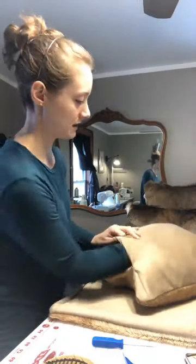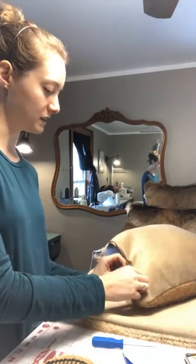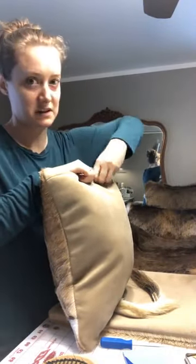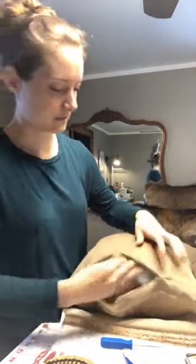and then also it's a little bit easier once the customer gets the pillow. Once you use it for a while, it compresses a little bit, and if you want to add more stuffing, it's really easy to just open the zipper and add more stuffing if it needs a little bit more. And another reason,